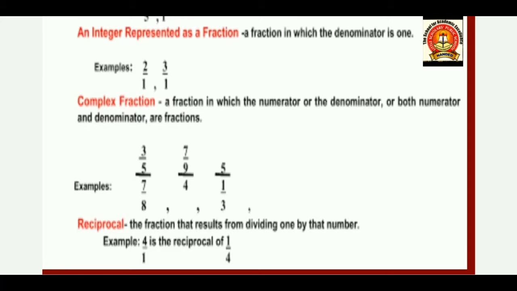Complex fractions are the fractions in which the numerator or the denominator or both are again fractions, like 3 upon 5 over 7 upon 8, meaning the numerator is also a fraction here and the denominator is also a fraction. These are complex ones. And at last we have the reciprocal, the fraction that results from dividing one by that number, like 4 upon 1. For the reciprocal, we flip this fraction and get 1 upon 4. 4 by 1 we flip and get 1 upon 4, meaning the numerator changes to the denominator, the denominator